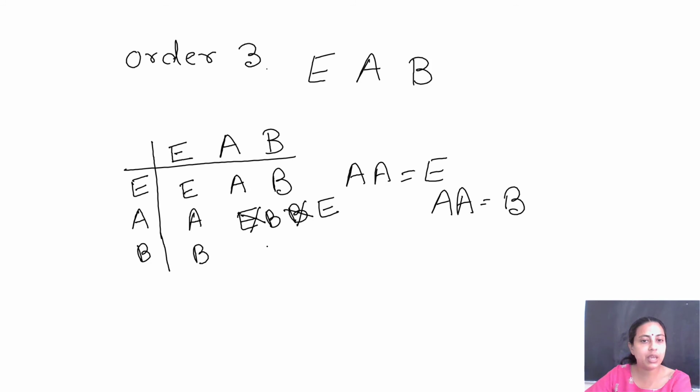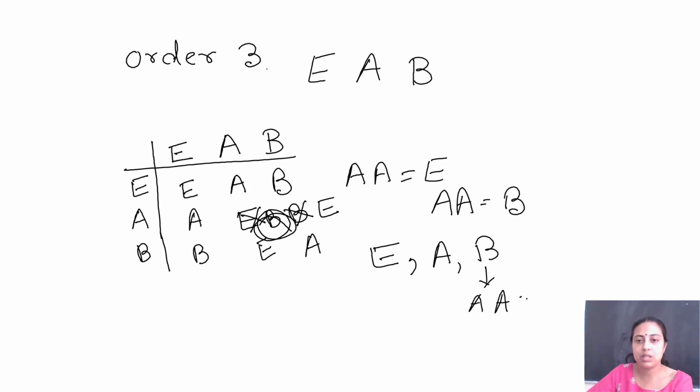Similarly, if A times B is here, I have no other choice but to put E, and then it should be A. What does it mean? Look here, A B is E, and then A is B. So I can see that in the group there is the identity element E, A and B. What is B here? B is nothing but A into A. So this is A into A, that means A square.